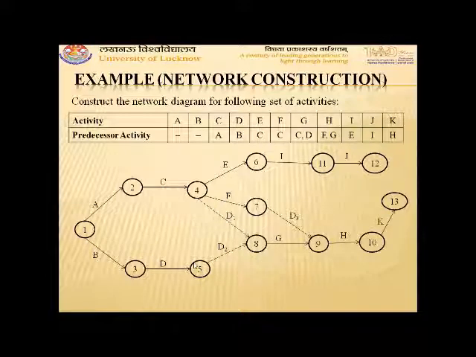If we put arrow from D to C, then D will become the predecessor of E and F also, which is not correct. So we draw the arrow from C to D. That means head of dummy activity will be towards D or event 5. That means